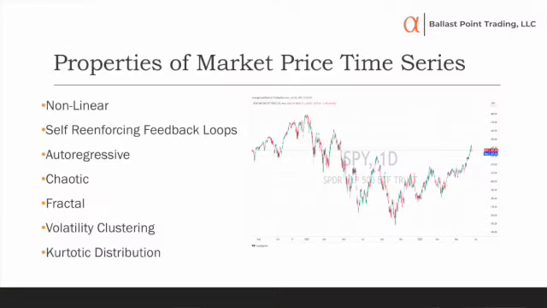Okay, so that's a really important one. Fractal is very important. But we're going to circle back to that. Volatility clustering. This means that volatility happens in clusters. You'll see really big moves up paired up with really big moves down. Volatility tends to cluster together. So what we see is big bursts of energy and then quiet periods in between.